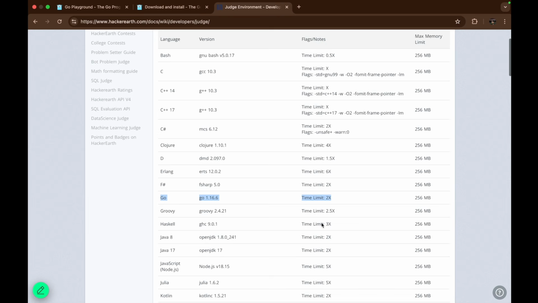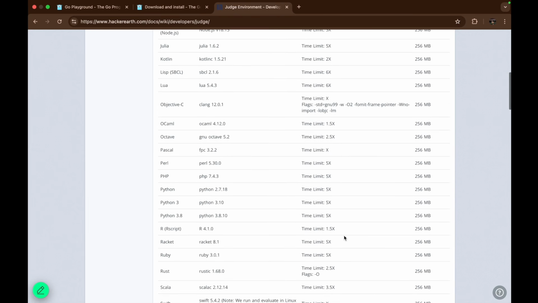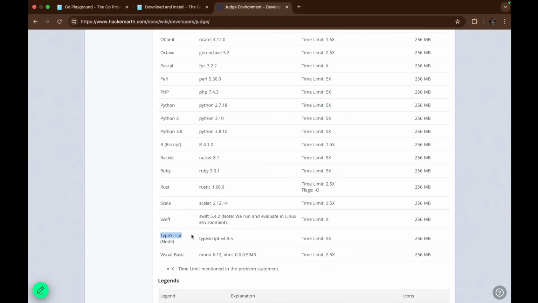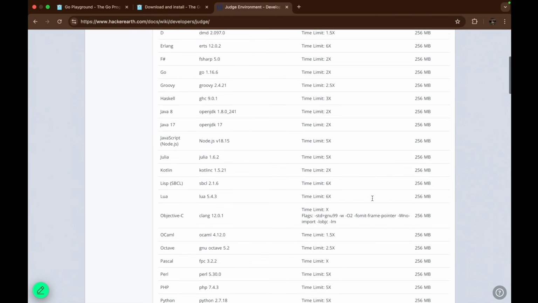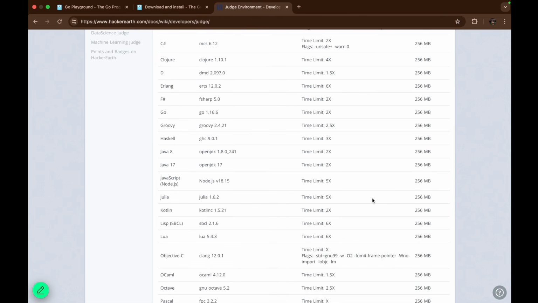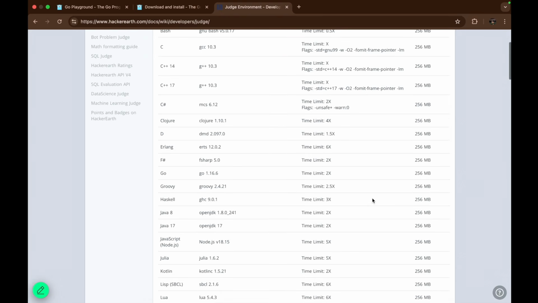It's relatively fast, very similar to Java. You can see Java also gets 2x time. But if you see something like Python, it gets 5x of the time, right? If you see something like JavaScript or TypeScript, you again get 5x of the time. So you can see already, in online judges as well, writing code with Go gives you a very fast execution altogether,